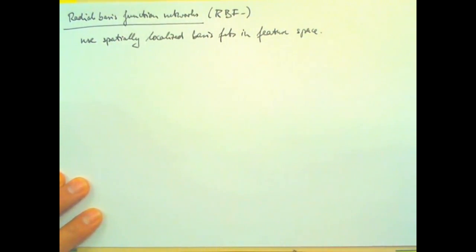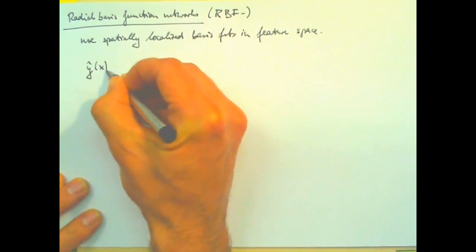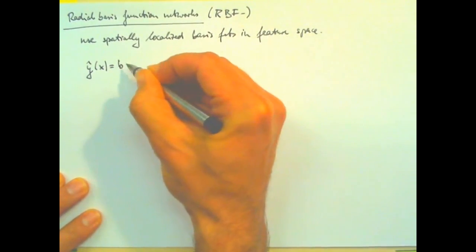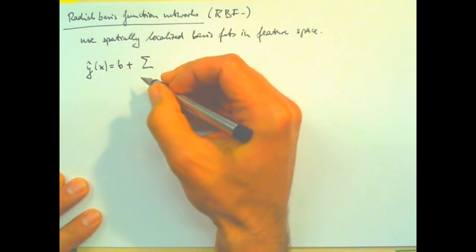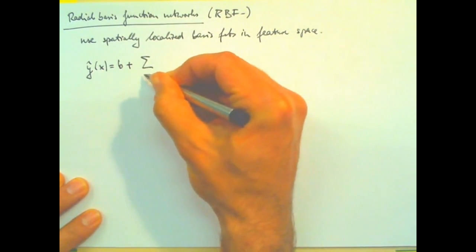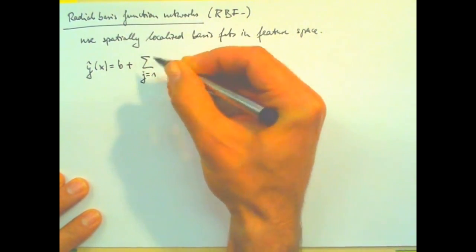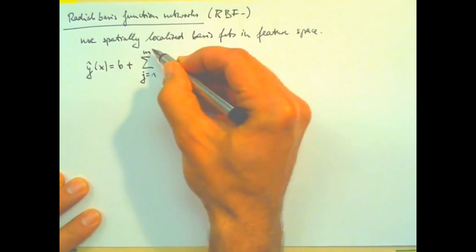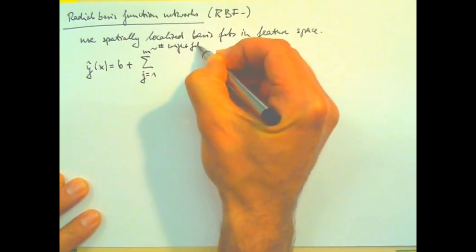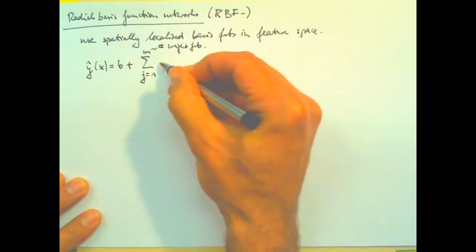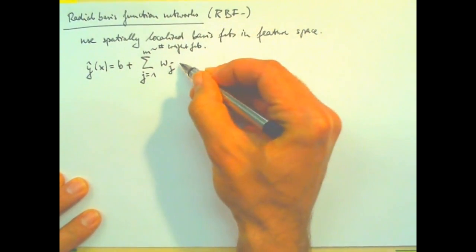And the way it works is that your prediction is given by some bias plus a number of parameters, and the summation is now over your weight functions. So M would be the number of weight functions. Wj is now a scalar this time,